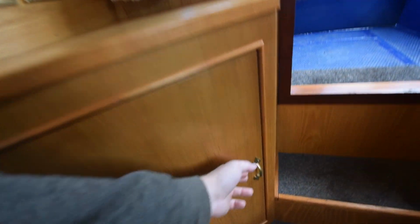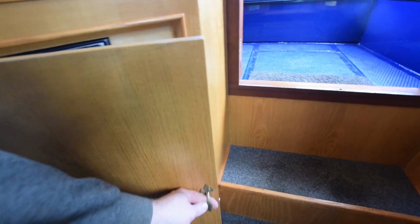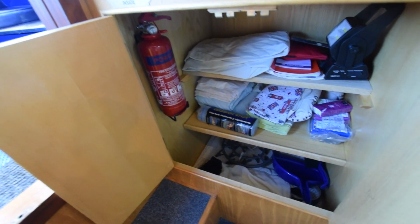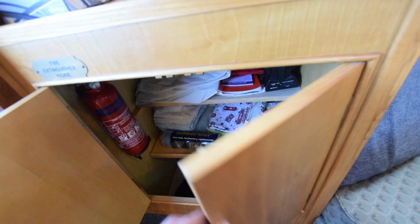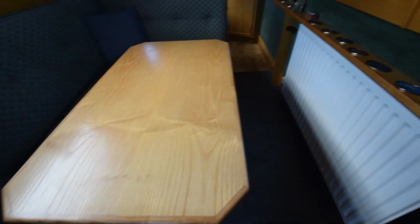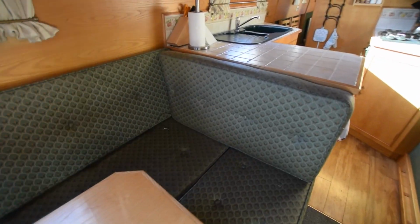There's also a table and 2 collapsible chairs for the well deck, by the way, I ought to mention. There's the stereo, it's a JVC CD radio. There is an internet router on board as well. A couple of useful cupboards either side of the room here. I'm going to show you a little surprise. I'll come back to the central heating. Behind this dinette,